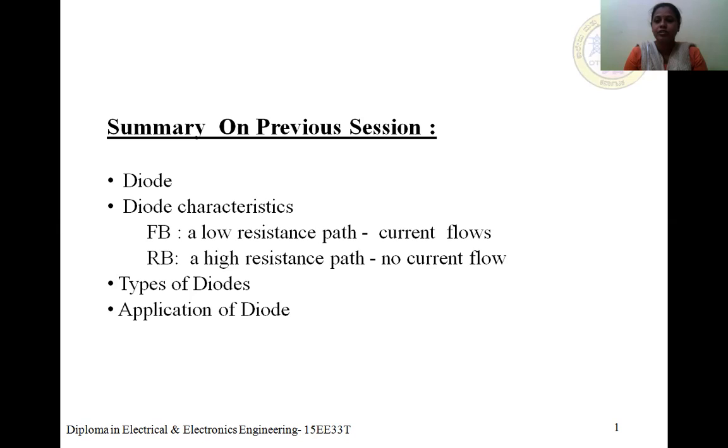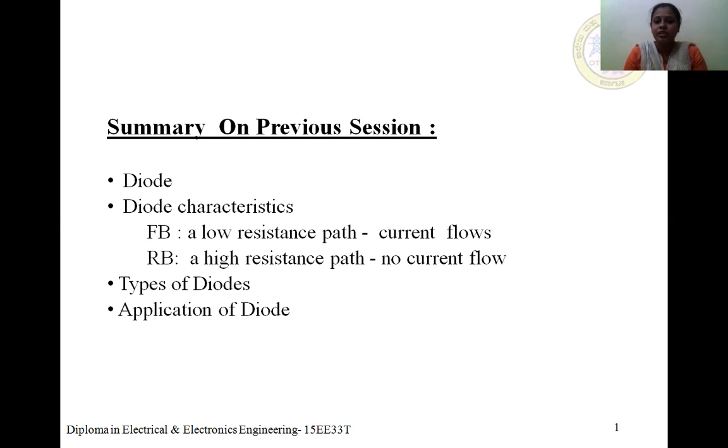So the first topic is diode. Let me see what this diode is first. Diode is a combination of p-type and n-type semiconductor, so we call it a diode. Next, coming to the diode characteristics, we have two characteristics here: forward biased characteristics and reverse biased characteristics. From these characteristics, we are going to plot the VI characteristics, that is voltage-ampere characteristics, of the diode.